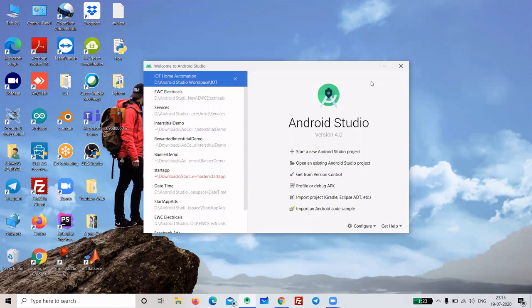In the previous video, I have already told you how to install Android Studio and the other software that we need for this Android app development part. So if you have not installed the Android Studio software or Java software, you can go to the previous video. I'll share the link in the description. You can click the link, which you can see on the top right corner, install Android Studio, and then come back to this video.